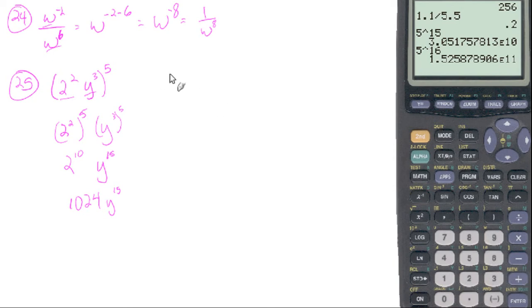Number 30. X to the -1 times y squared over x squared times y to the -1. All right. So,